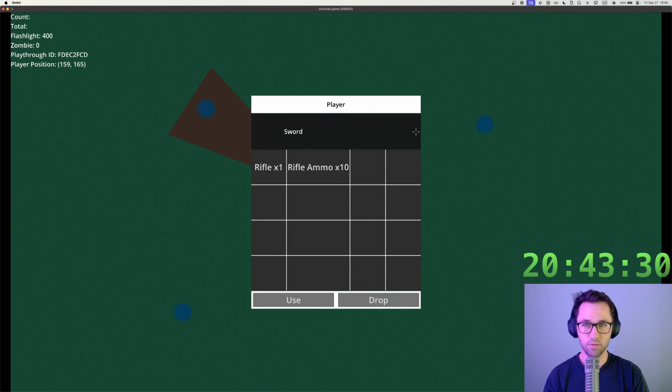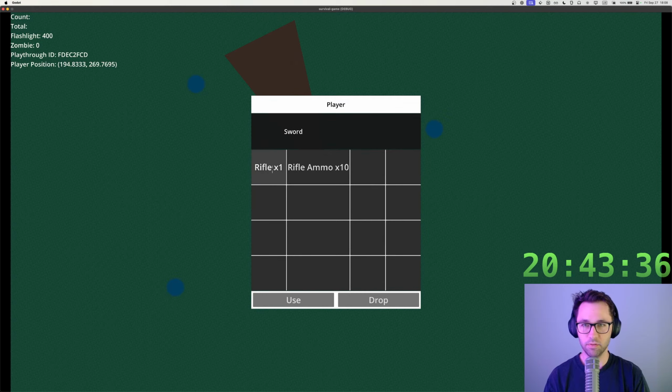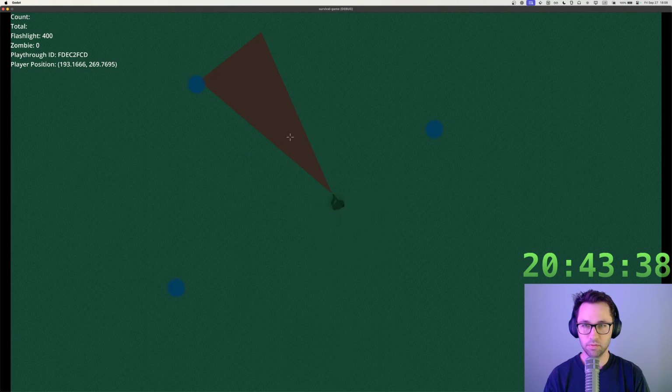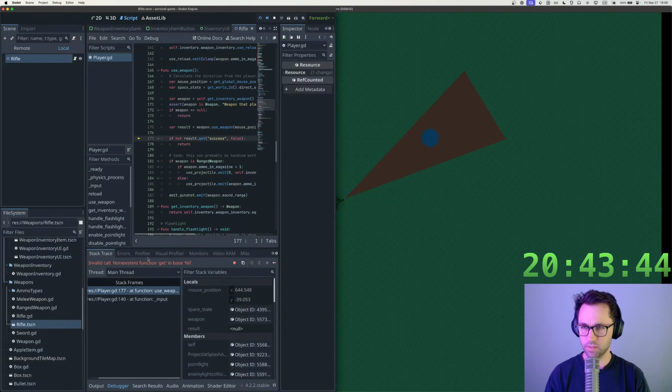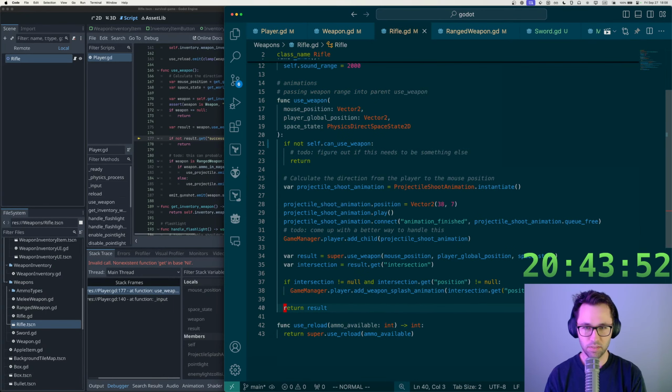Okay, let's see if this timer works. Probably gonna have a bug somewhere, but only one way to find out. Okay, let's get the sword in here. Does not look like the timer is working at all. So, whoops. Okay, we did have a bug there though. What is this? Non-existent function get in base nil. Oh, it's my, let's see. So that's returning... Oh, if not okay, so we actually need to return